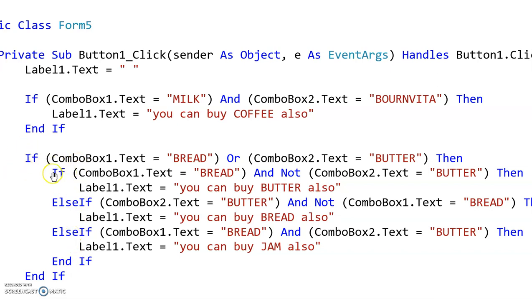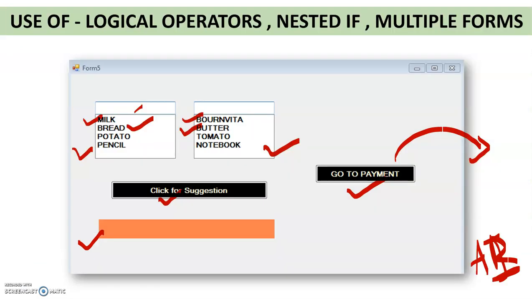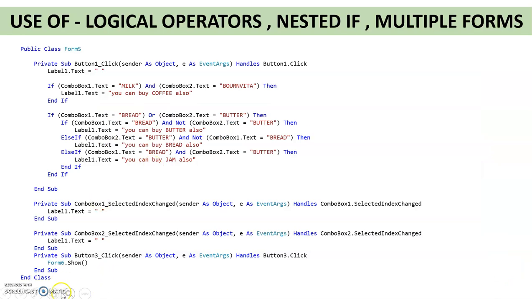So if within if. And every time you open an if, do not forget to end it with End If. This is the if else structure we use in VB. You can see that it is highlighted with the blue color. So if the first combo box item is bread or the second combo box item is butter, here we are talking about the combo box. Okay guys, I forgot that here we have taken the combo box, not the list box. So, the combo box.